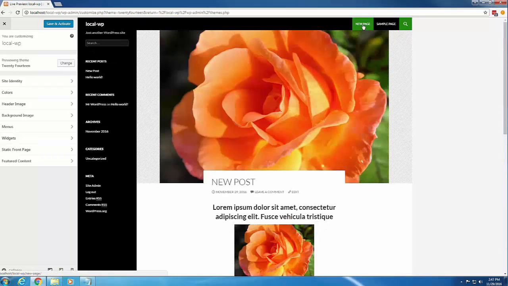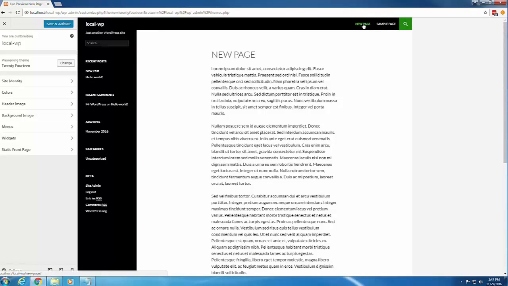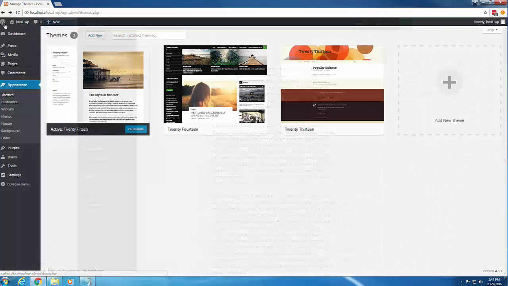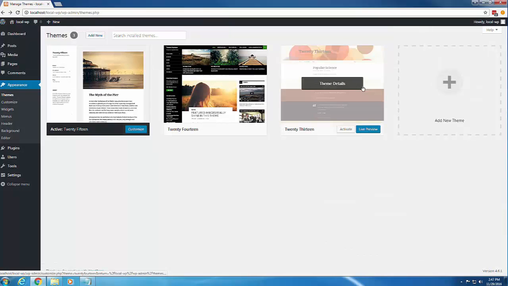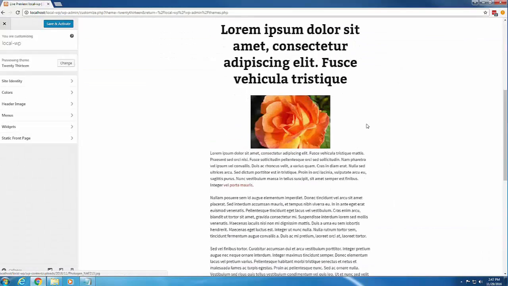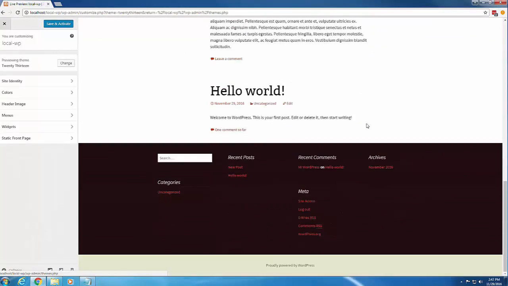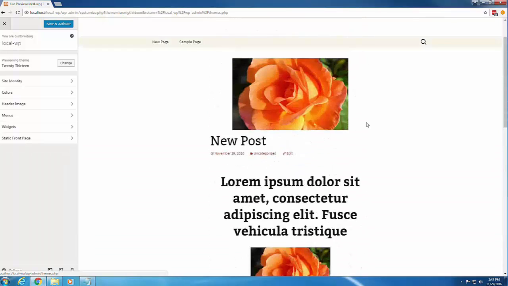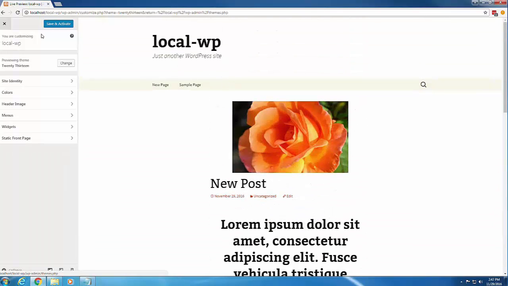There's our little post that we created. And there's the page that we created. And if you don't like that one, move on to a new one. Hit live preview. And there's that one, a lot more minimal looking. When you're happy, you can hit that save and activate button, or if not, you can just hit the X